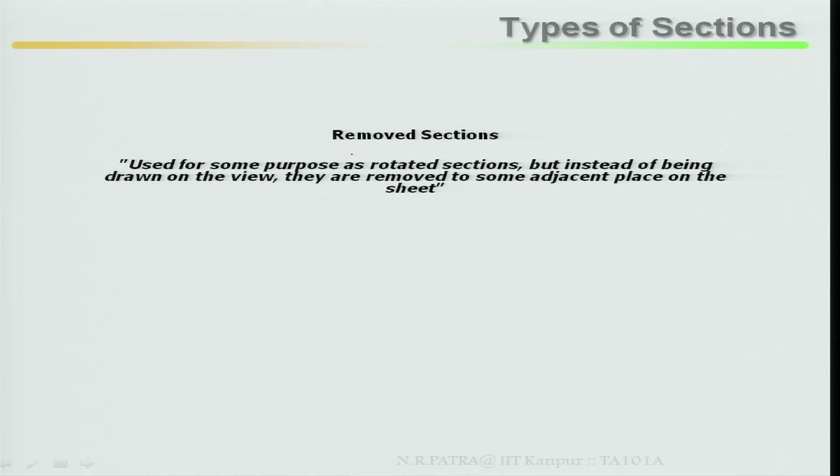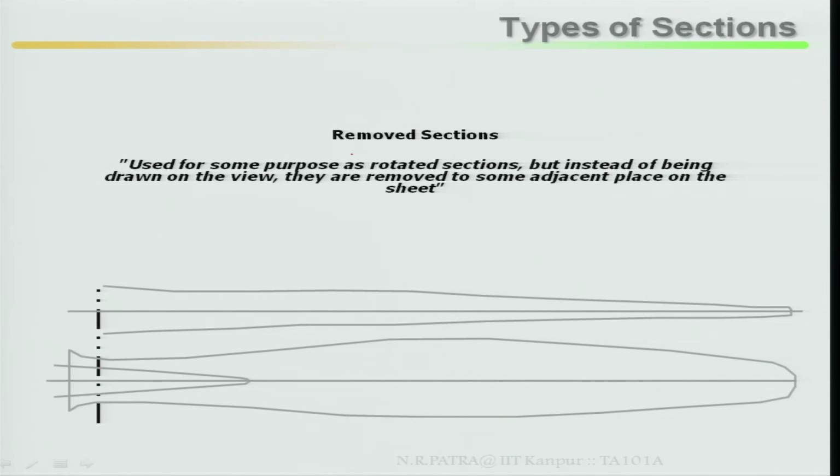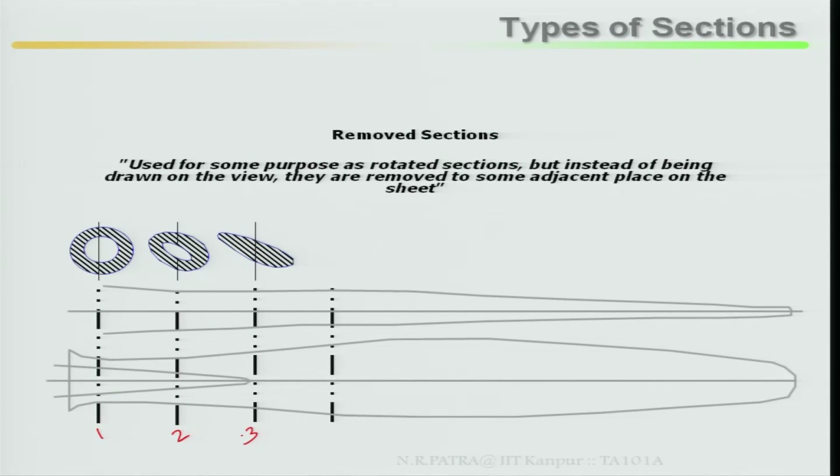Types of sections: removed sections are used for the same purpose as rotated sections, but instead of being drawn on the view, they are removed to some adjacent place on the sheet. Look at the removed section; that was your rotated section. Let us say this point is 1-1, let us say this side is 2-2. How is this section varying? If I write 1, 2, 3,